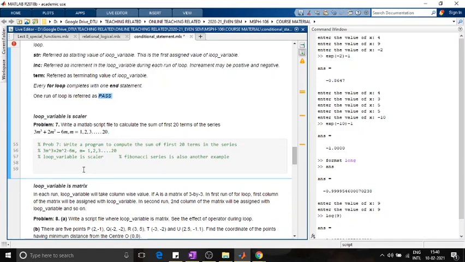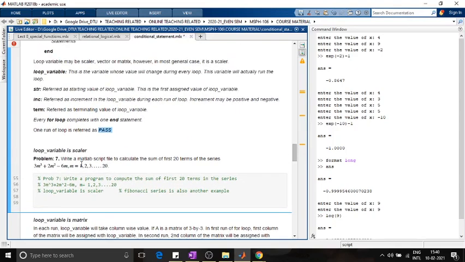See, I have taken one question: write a MATLAB script file to calculate the sum of the first 20 terms of the series. तो सीरीज क्या दी हुई है, सीरीज दी हुई है 3m cube plus 2m square minus 6m, and the value of m is from 1 to 20. तो हमें क्या लिखना है, एक मैटलैब प्रोग्राम लिखना है जो बेसिकली इसके जो फर्स्ट 20 टर्म्स है उनको ऐड करे, राइट।